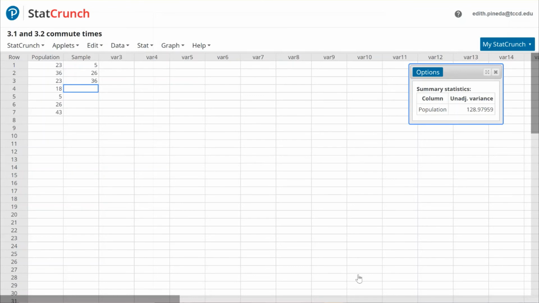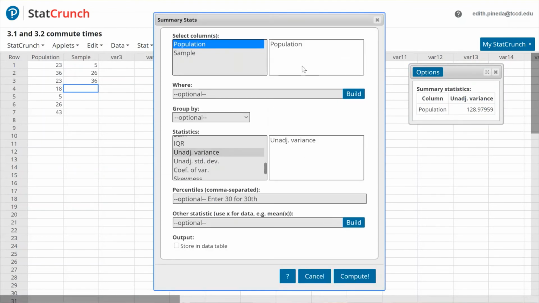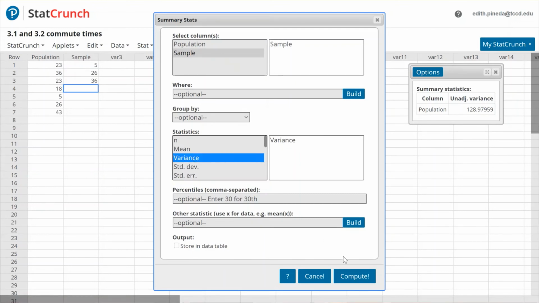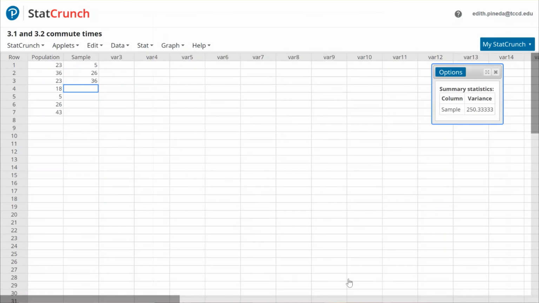Now let's find the sample variance. Let's go to Options, and then Edit. Let's select the sample column, and instead of the unadjusted variance, because this is the sample variance, we can just select regular variance. Let's press compute, and we get approximately